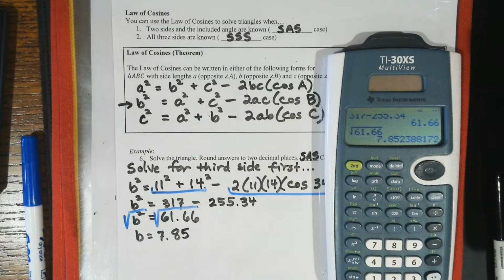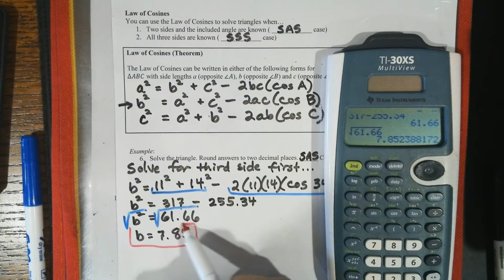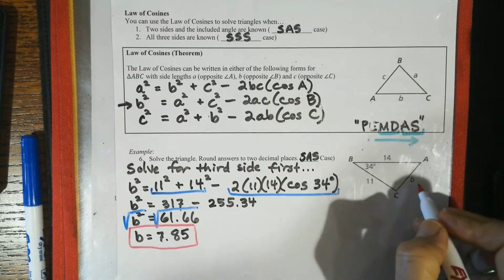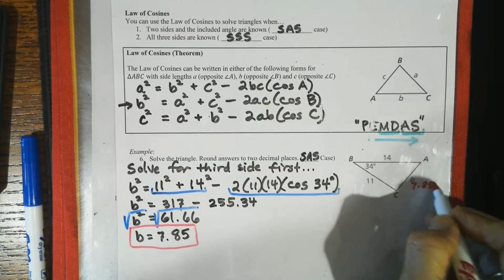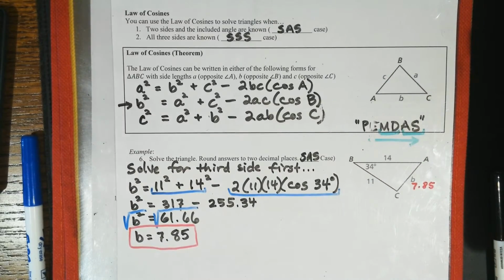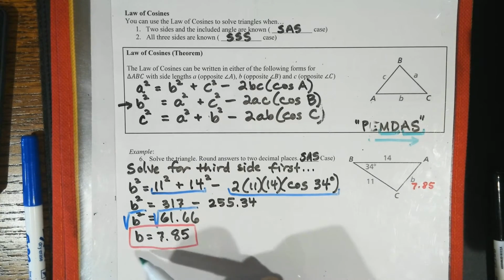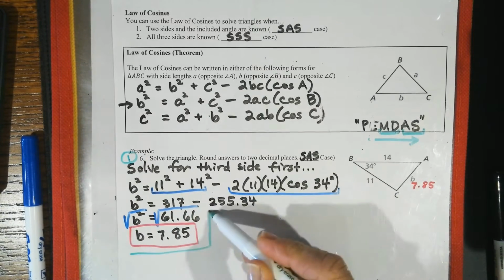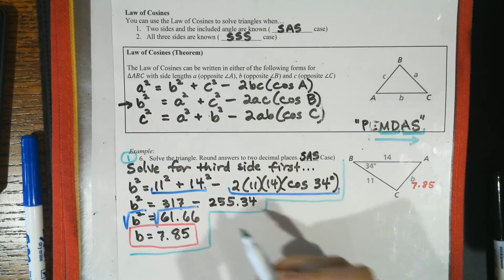So I now have B. Any questions right now? Okay, so 7.85. At this point, I have all 3 sides. Okay, so this is going to be my first step. Now my second step,